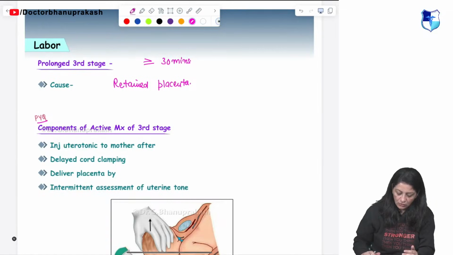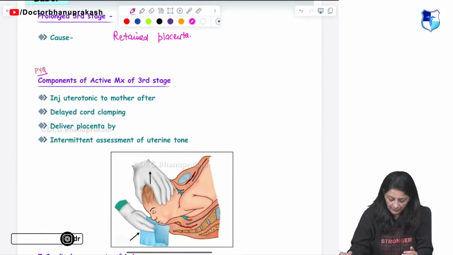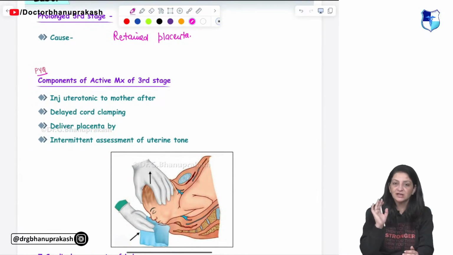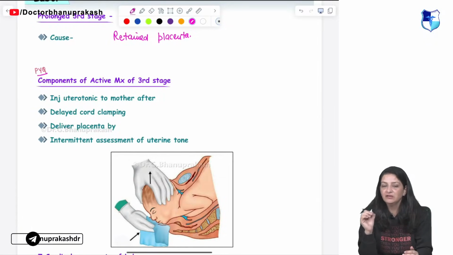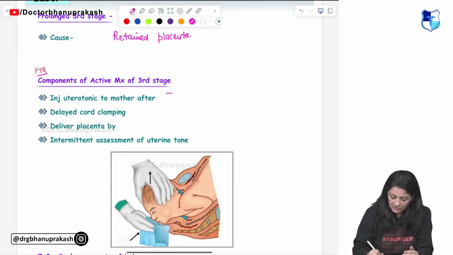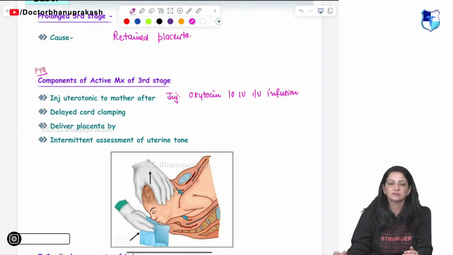This is the PYQ: components of active management of third stage of labor. So there are 4 points. First one, use of injection oxytocin to the mother after delivery of placenta. Injection oxytocin, 10 international units, IV infusion. Only IV infusion, no IV bolus. Otherwise, it will cause hypotension,